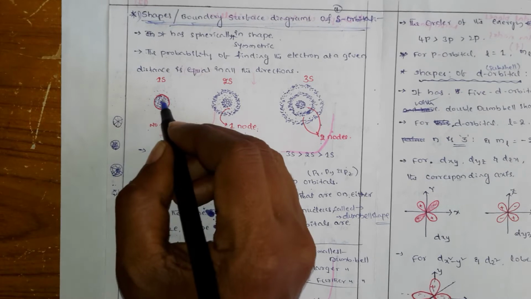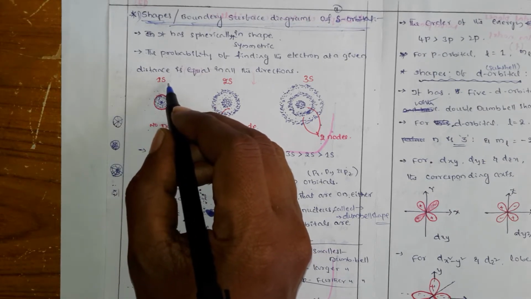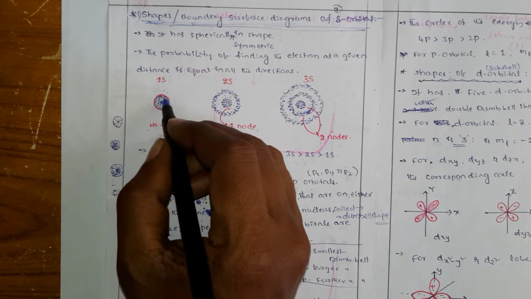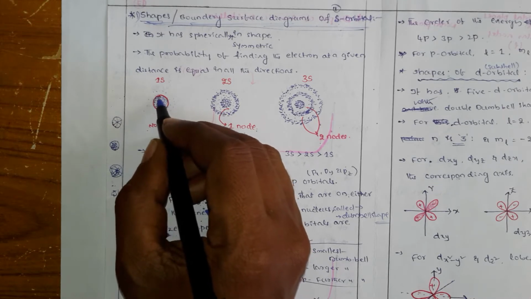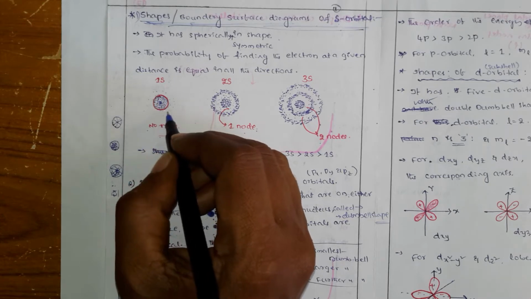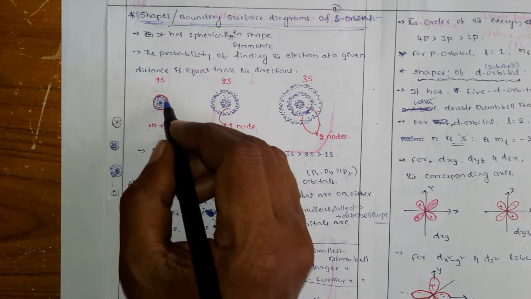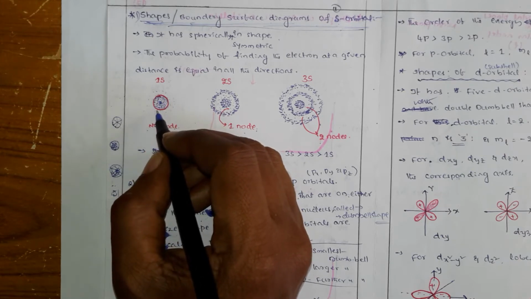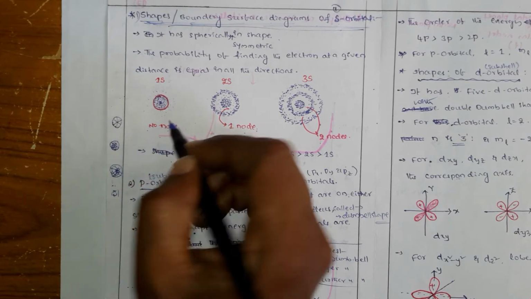In that sphere the finding of an electron is maximum. What electron? The 1s electron. In this circle it is maximum. So this boundary, we are drawing a boundary around that maximum probability, and that total area you can now call an orbital. What is that orbital? It is an s orbital. And that s orbital is present in the first shell, so we call it a 1s orbital.